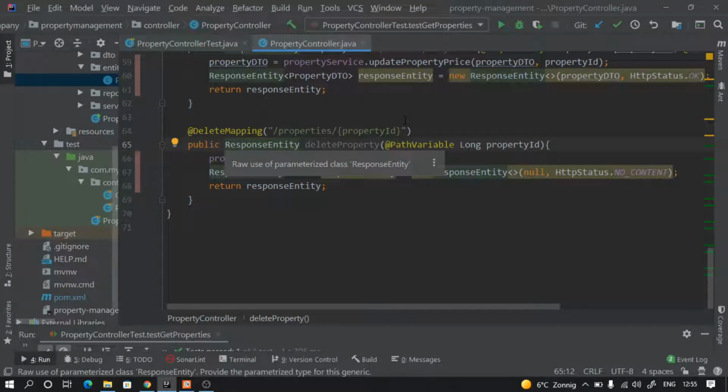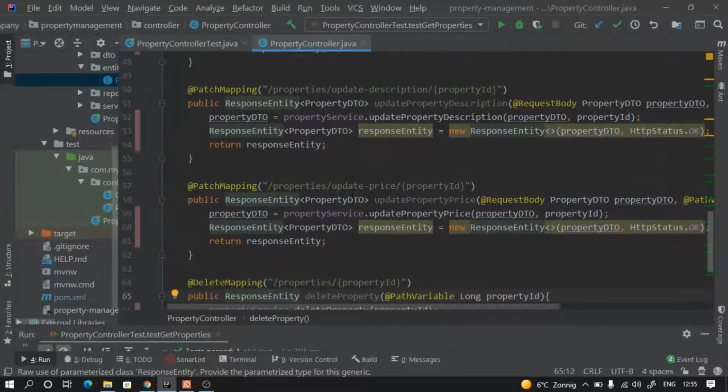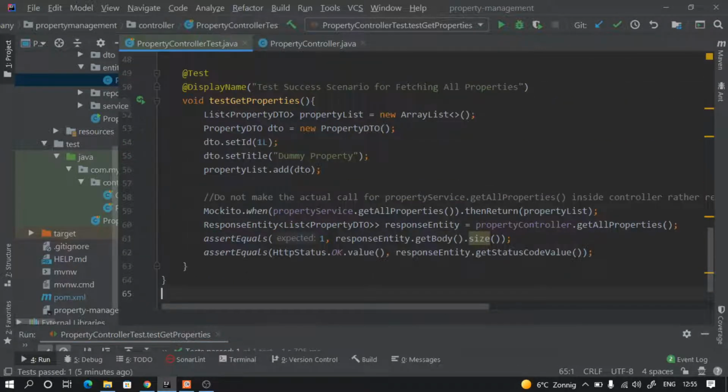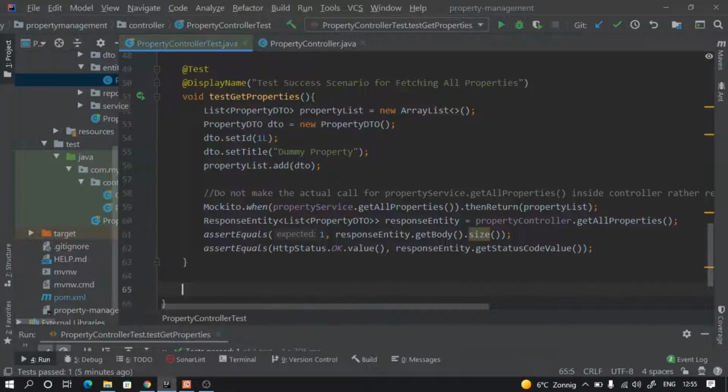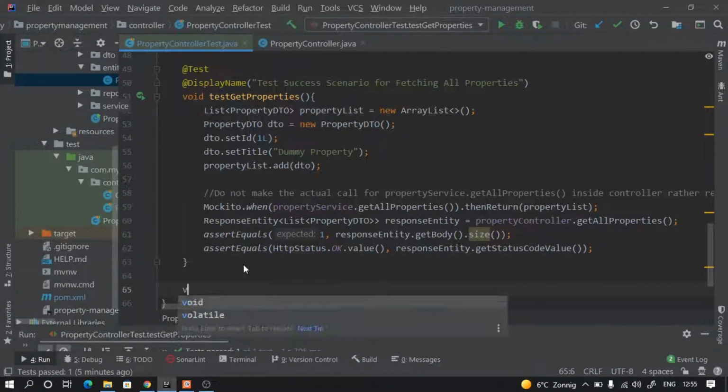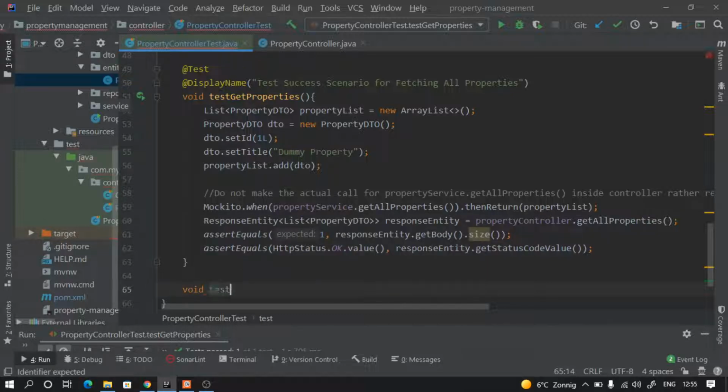Welcome. Let's go ahead and write the test for our patch mapping method. So let's update this, use this update property price, and write the test for it. Again, head back to our test controller class, create a void test method test update property